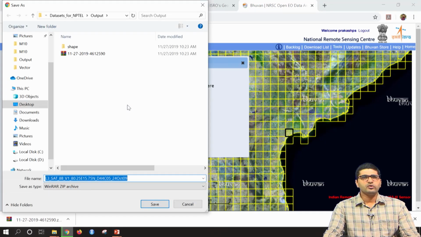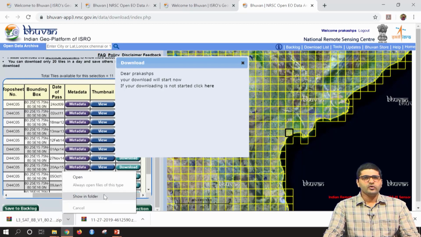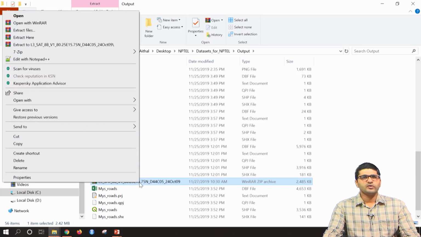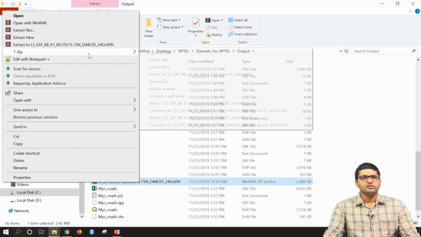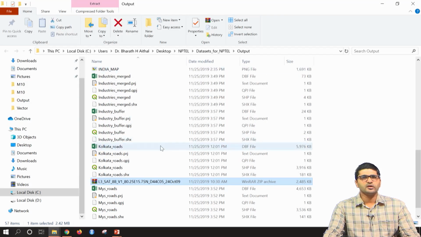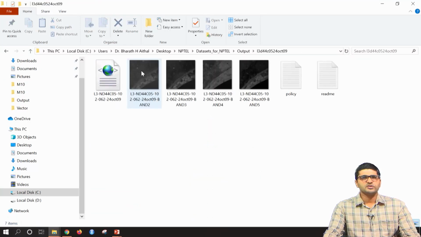If you click download, it will directly get downloaded to your system in a zip format. You can start using this for your projects in future. If you go and inspect the data set which you have downloaded, we will try to see what kind of data it has. Using any unzip software, you can extract the folder. This is the folder which is downloaded.